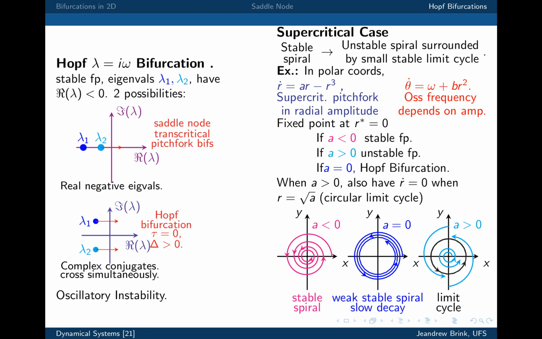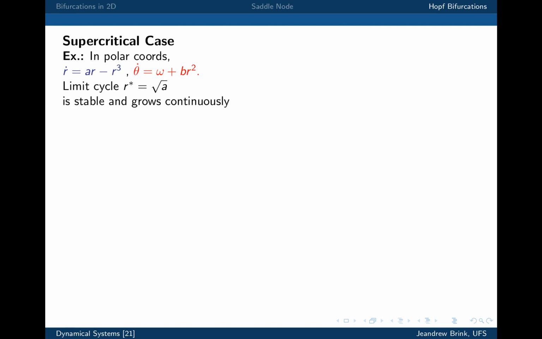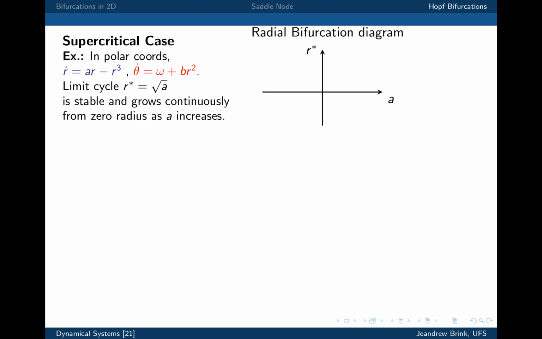And so the last thing I want to do, just to end this, is look at the supercritical case. Okay, so there are our coordinates. There we have the limit cycle, which is stable, and the limit cycle has this feature that it grows continuously with A. So when you go through 0 and your fixed point goes unstable, then as A increases, so does the limit cycle. If you're going to plot a bifurcation diagram, but just in the radius, what you're going to get is